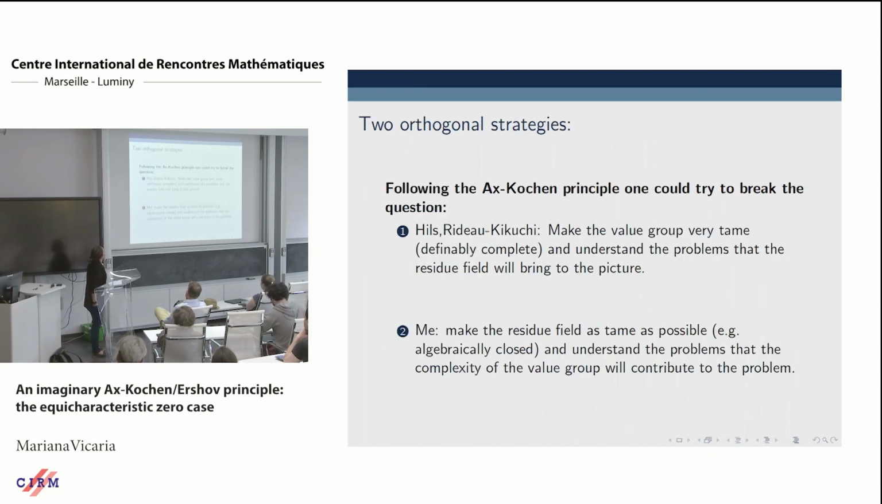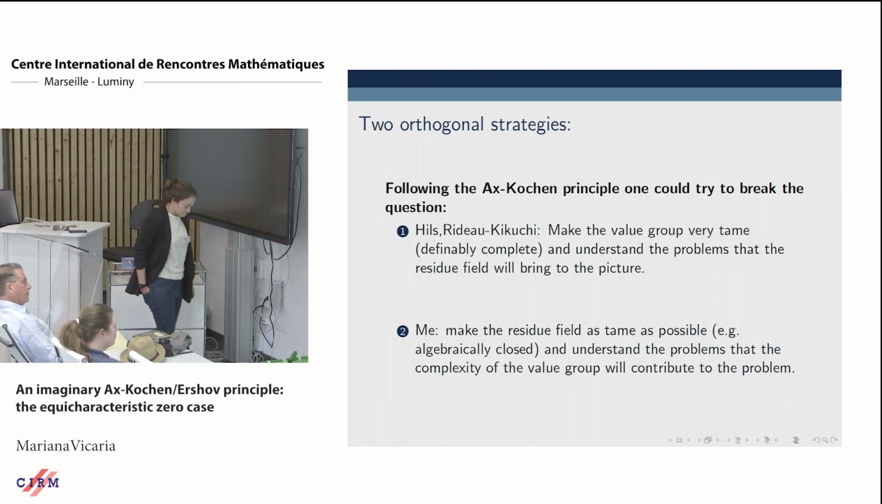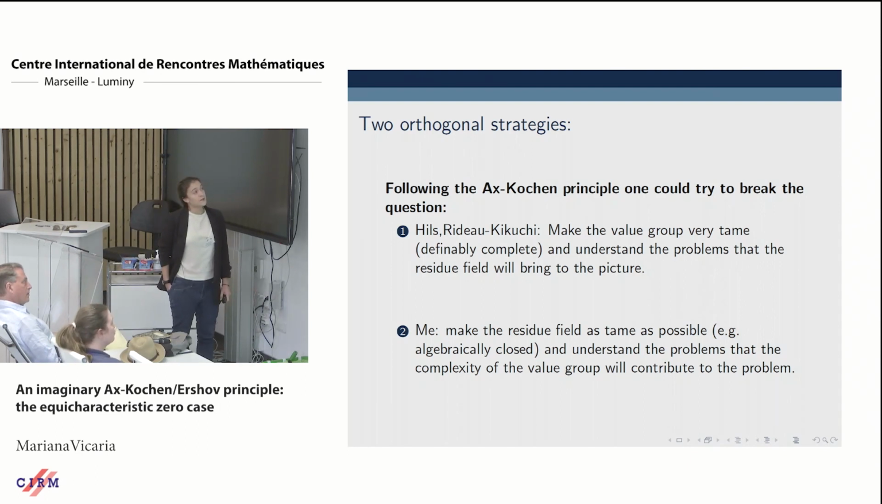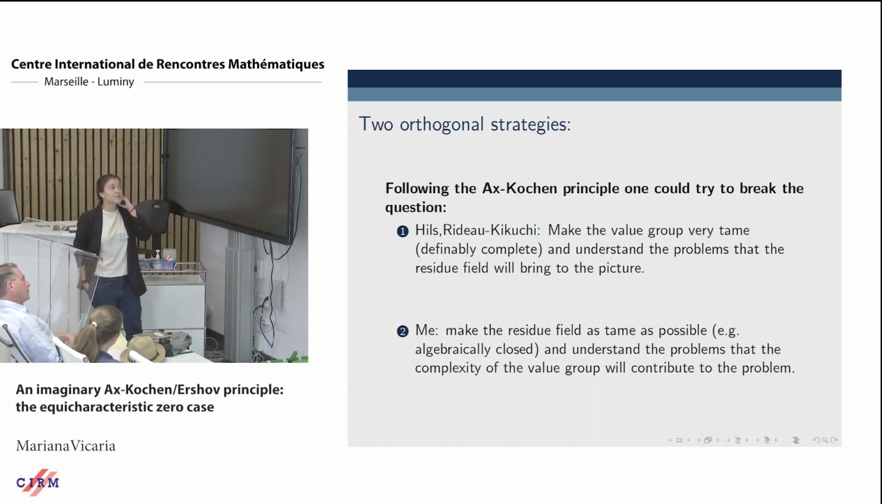And that's the question that we're trying to answer. And a year ago, we got two results independently that were looking into two orthogonal directions, right? So if we think about a Henselian valued field as a structure that is combining the complexity of the residue field and the value group,